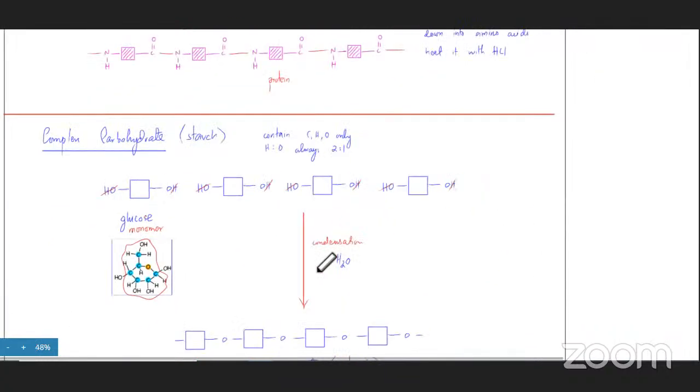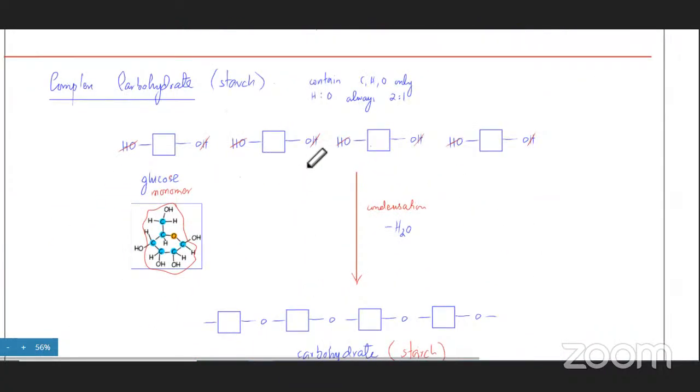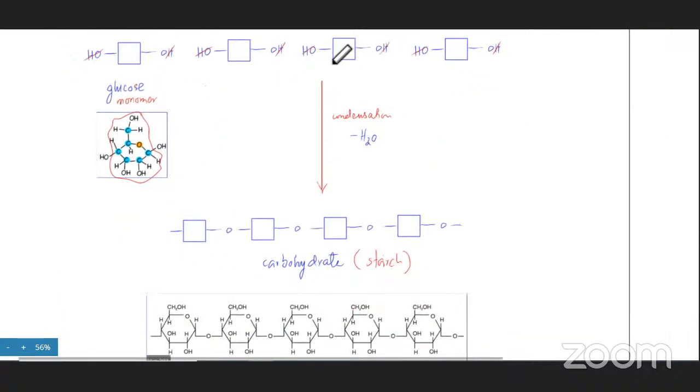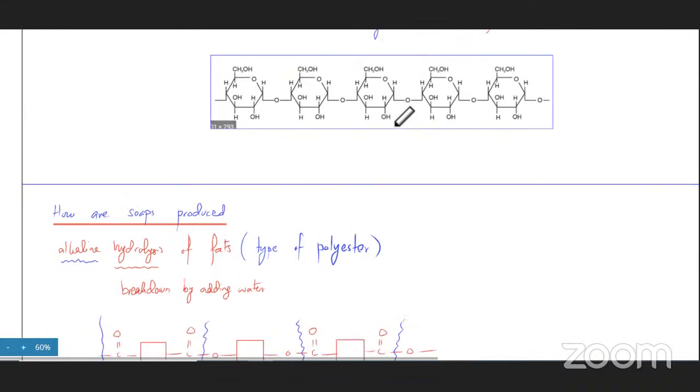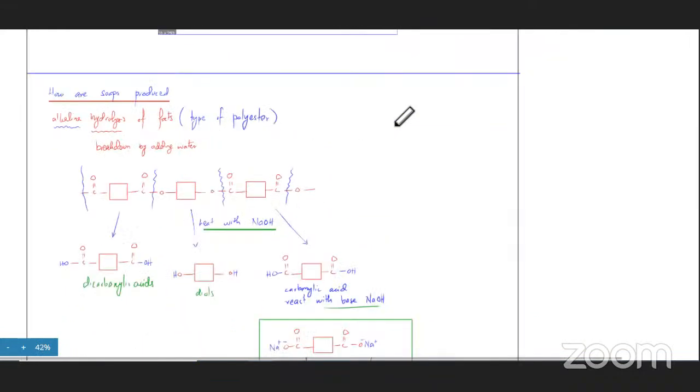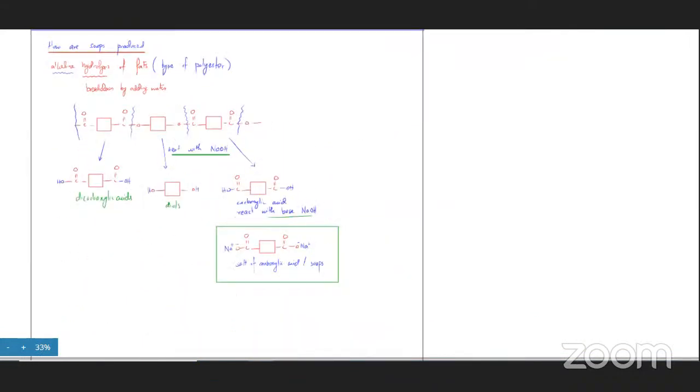And then you had complex carbohydrates. Complex carbohydrates were कि you had sugars, glucose as the monomer, and they had OH groups on both sides. The H and OH would get removed. The only thing that would be left in the middle would be an O. ठीक है, ये वाला याद करने की जरूरत नहीं है. और फिर सोप्स वगैरह का. ठीक है, so you have to remember this कि So the question